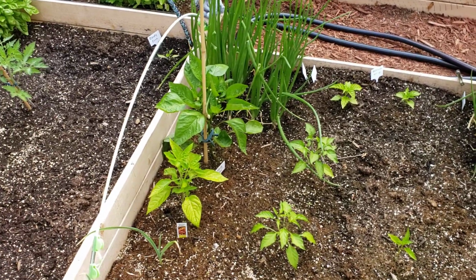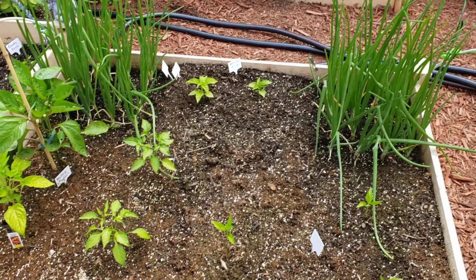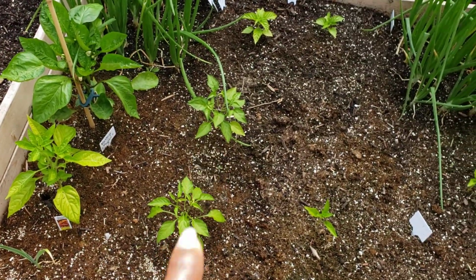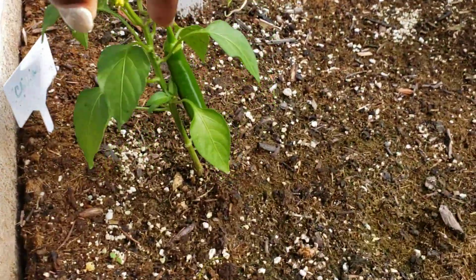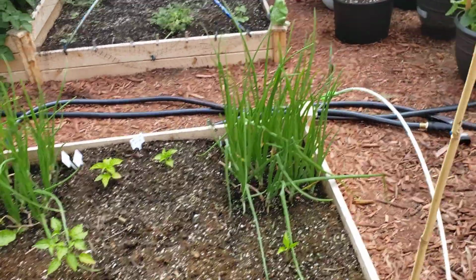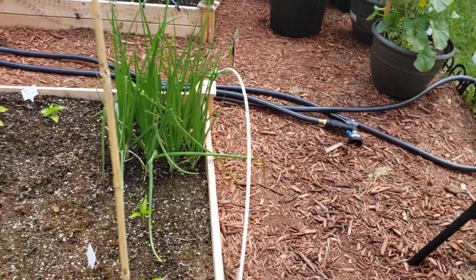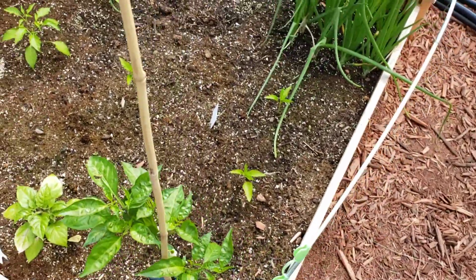Because I've had that one in here the longest, and I was wondering why I wasn't getting any peppers yet. And I've actually gotten a pepper off of these two middle plants. I have gotten one off of each, and then this plant here has a pepper on it, which I'm gonna end up taking off. I think that's a chili. It's either chili or serrano because I can't tell. I don't think the packaging that I got those in was marked correctly. Anyway,